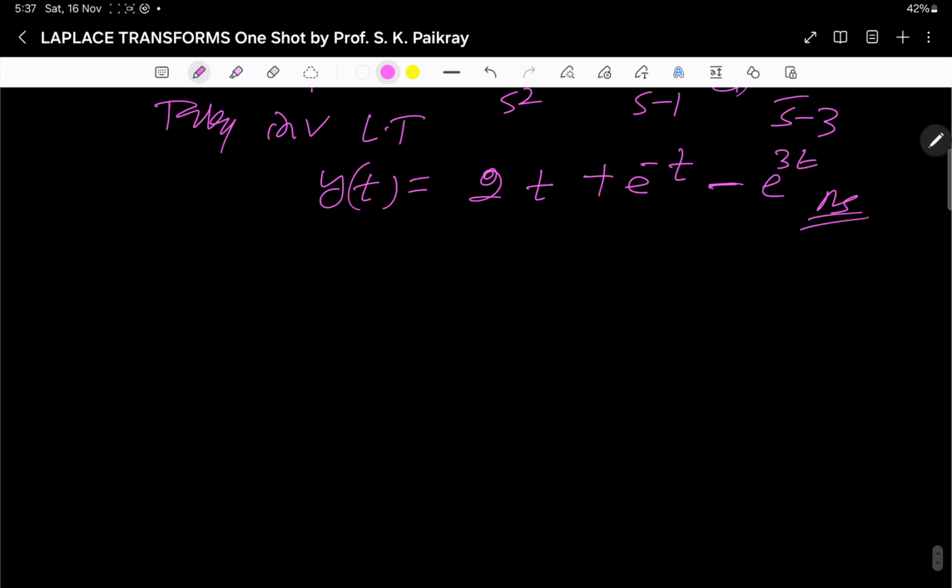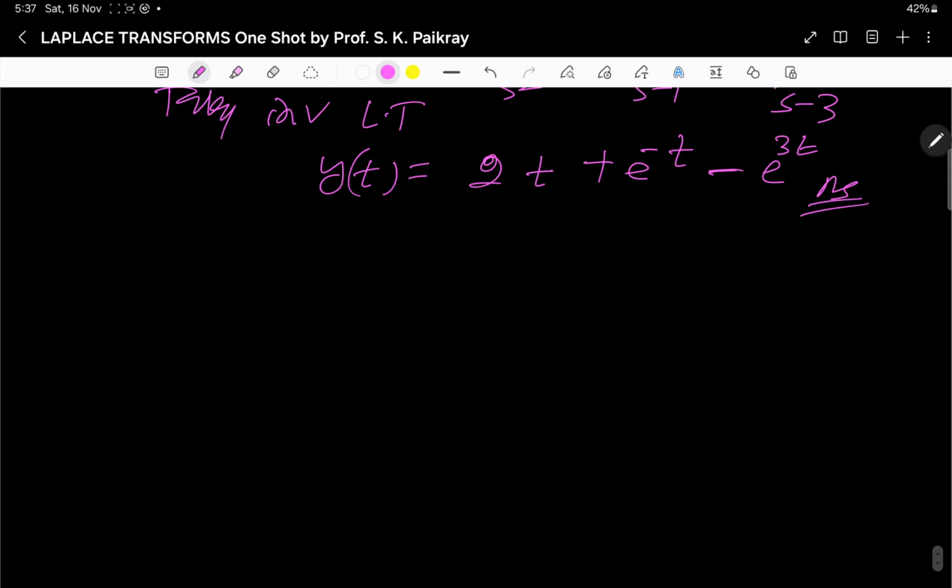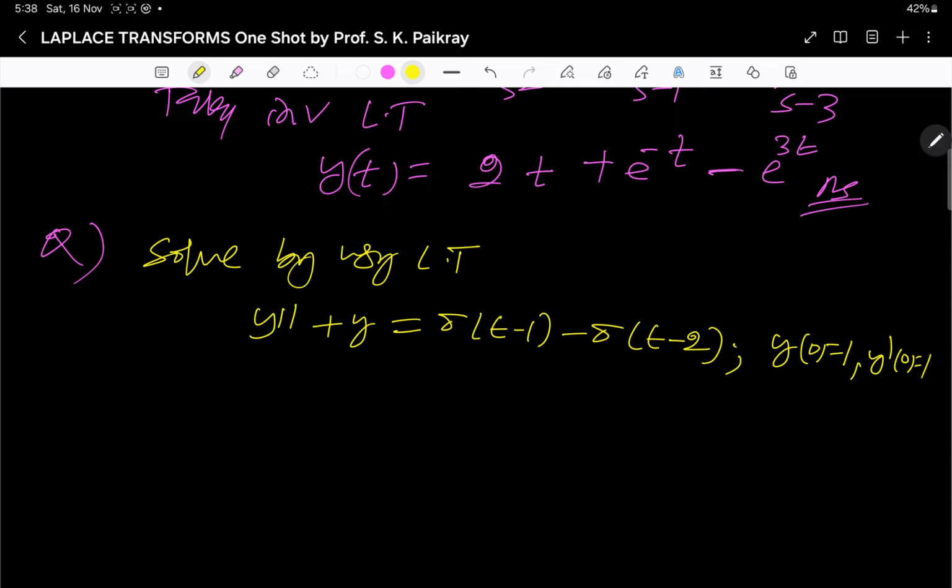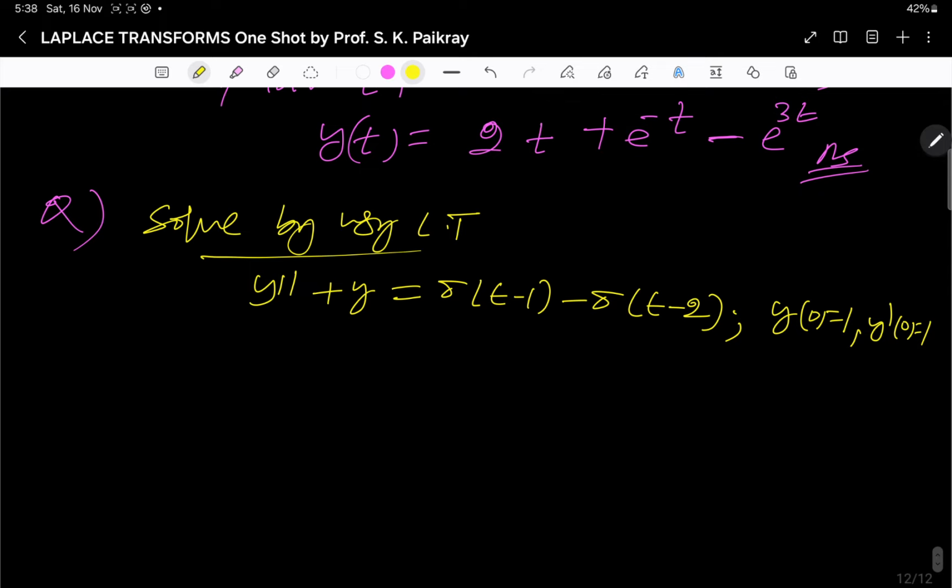Now coming to one more problem where unit step functions are involved. Suppose another question is asked: solve by using Laplace transform. So here it is the Dirac delta function. Already you know L of delta t minus a is e to the power minus as. So taking the Laplace transform to both sides,